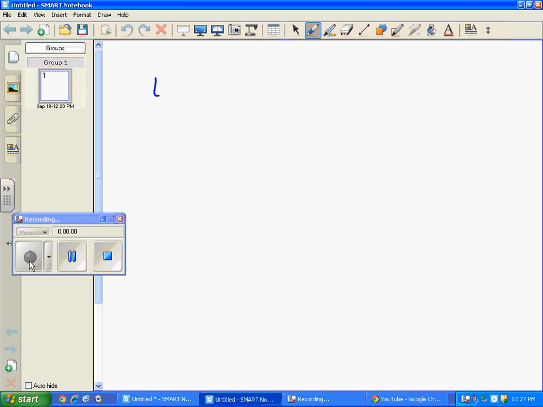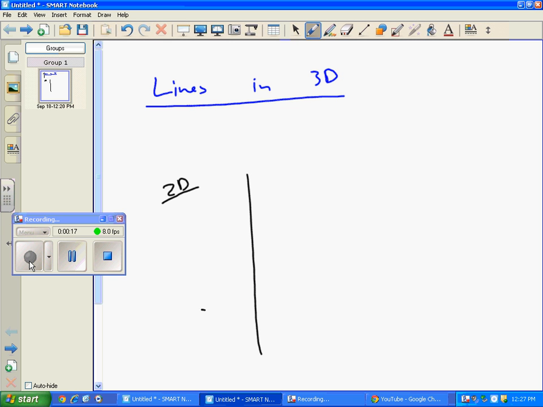We're going to talk about lines in 3D, and what that means. Just back to the 2D world for a second. You can think of a line a couple of ways. So here's the line